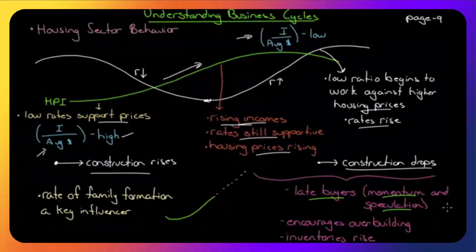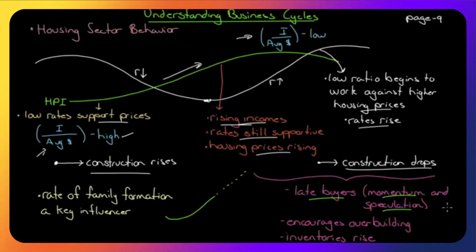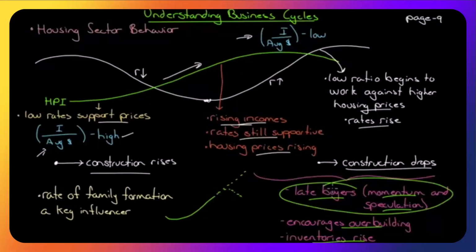You have some investors that go into new developments and they'll buy 5, 6 houses or 10 condos in a building, hoping to flip them after they're built. This encourages overbuilding. And when this finally happens, what happens? The inventories of existing homes for sale on the market begin to rise because all of these people, well, they got to dump them. There's going to be no buyers, so there's going to be a rush to put these